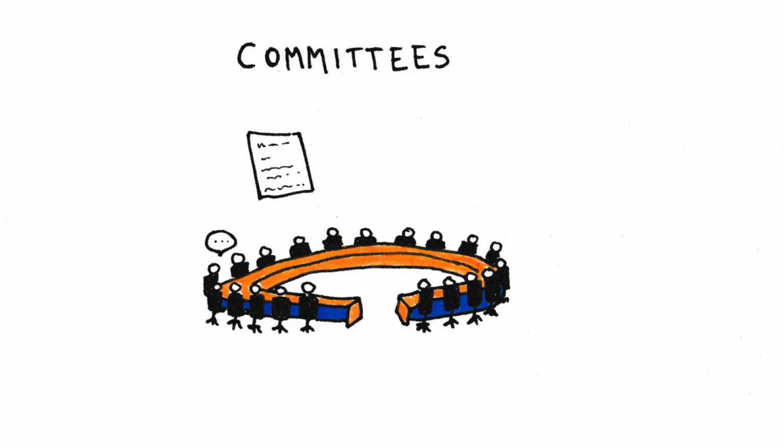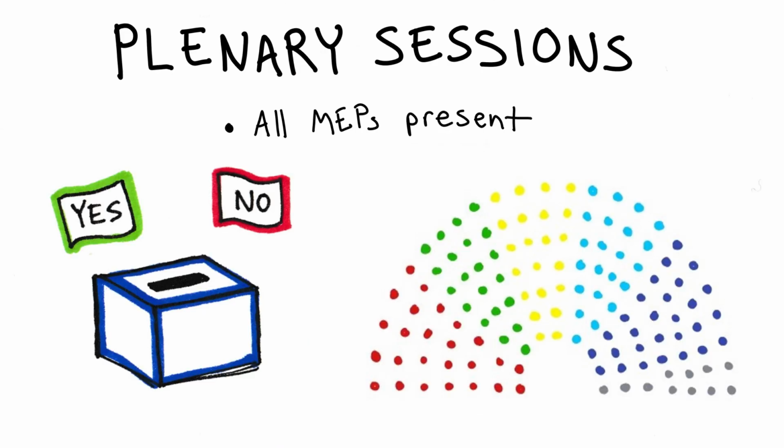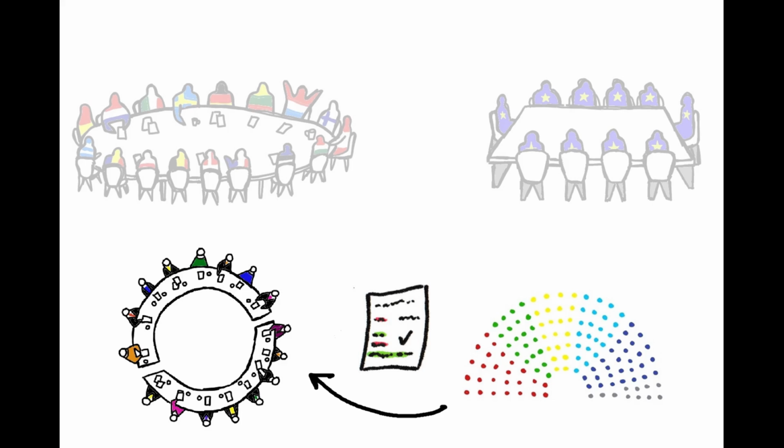The committees are each focused on a special area, for example culture and education or regional development, and they consist of 25 to 71 MEPs. These committees process, for example, legislative and other proposals related to their area, and they create reports. These reports are then processed in plenary sessions, in which the whole Parliament gathers together to vote. If the legislative proposal is approved by the Parliament, it will proceed further in the legislative procedure.